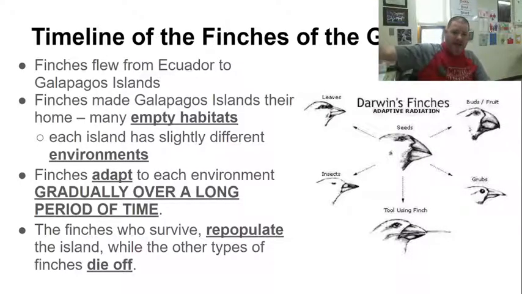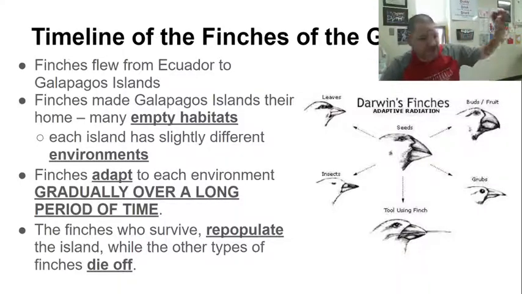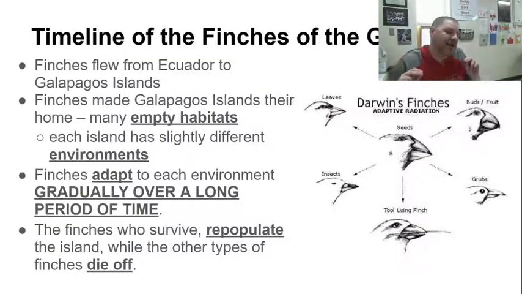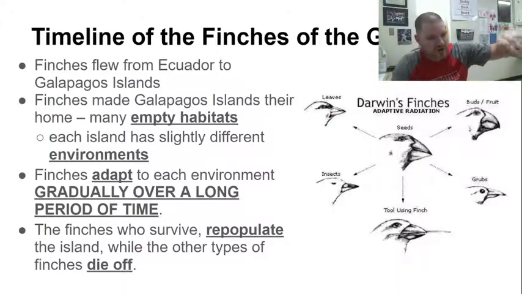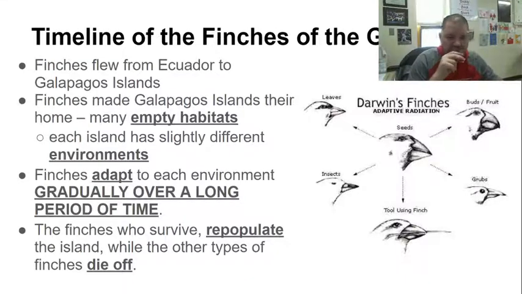So on one island, there was a fruit-eating bird. In another island, there were birds that ate all the grubs. Those are the things that, before they become insects, like caterpillars and stuff. Think of it like that. There's the tool-using ones, which use the needles of the cacti to poke in the cactus to get the bugs that way. There are the insect-eating birds, the leaf-eating birds, and then you had the giant-beaked ones that crushed the seeds to nom-nom-nom on that stuff. Whereas everything else just ended up dying off because it was not able to get food